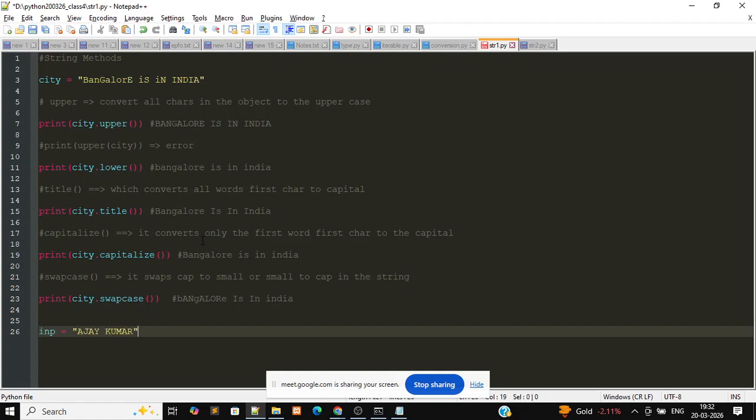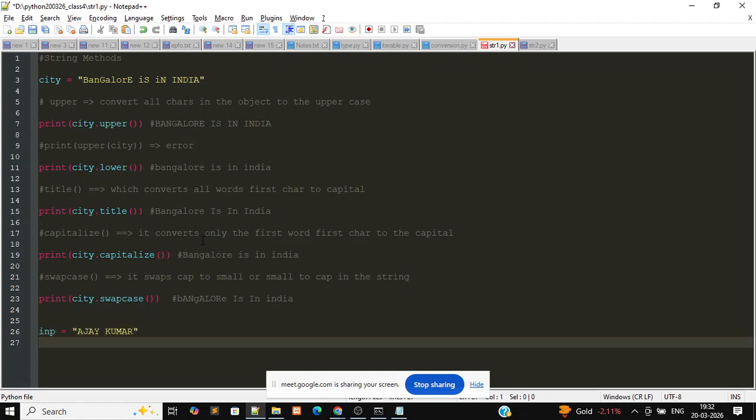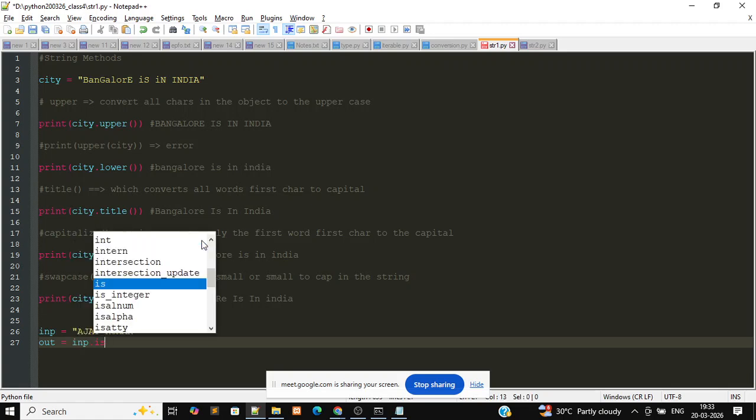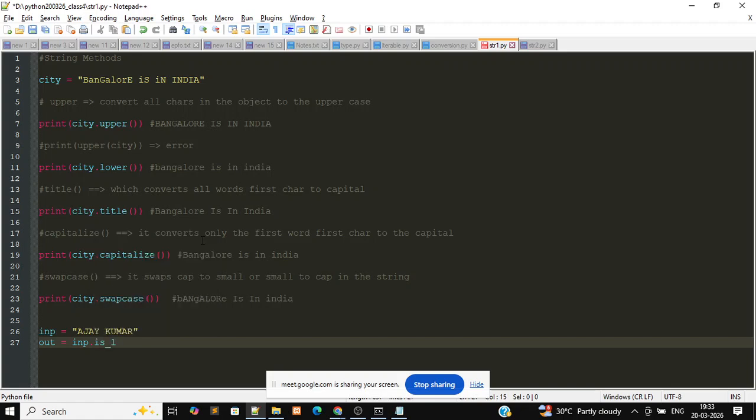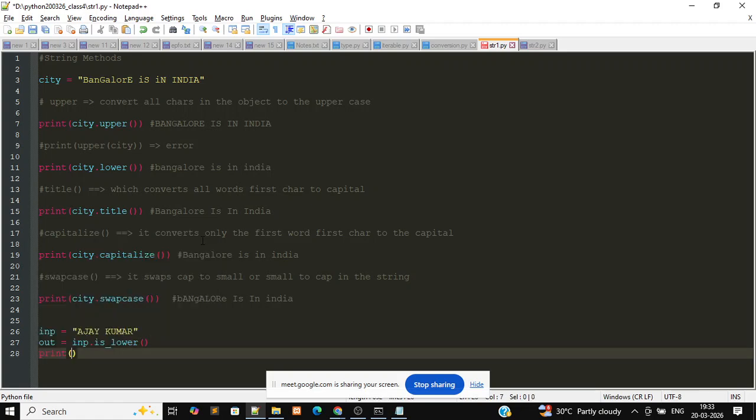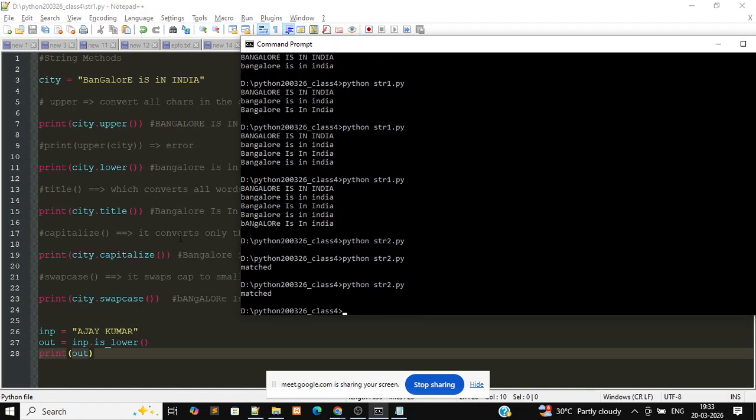If I have input equal to Ajay Kumar, and if I want to check if all the characters in this string are capital or lower or something like that, there is a special function called islower, which will give output as true or false. So if I execute,